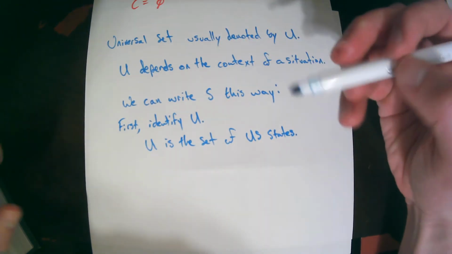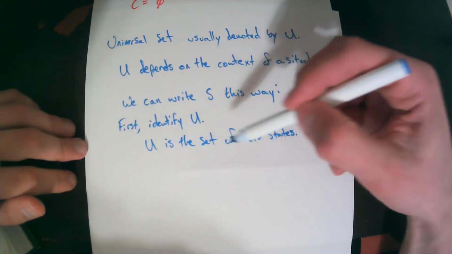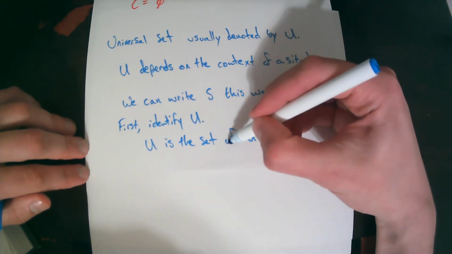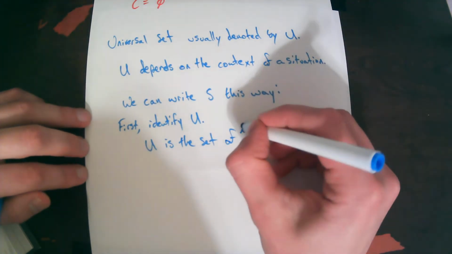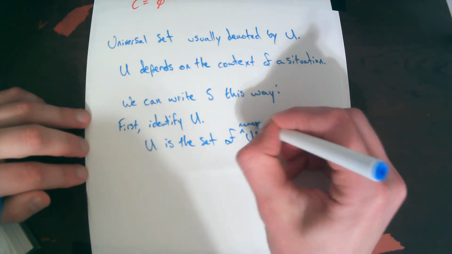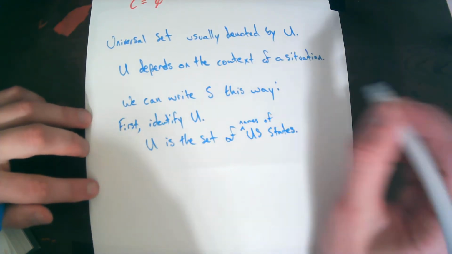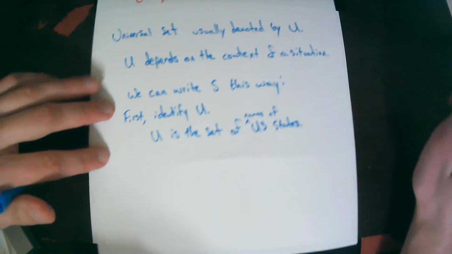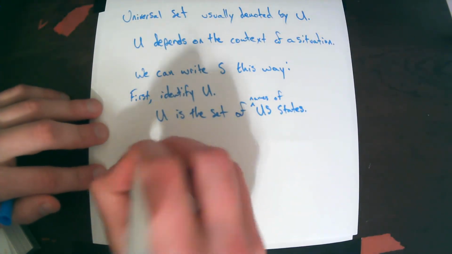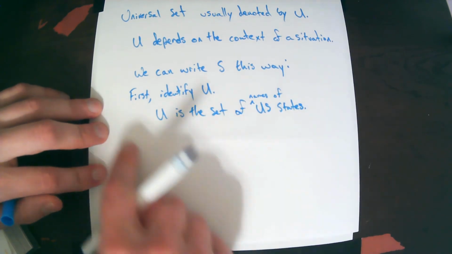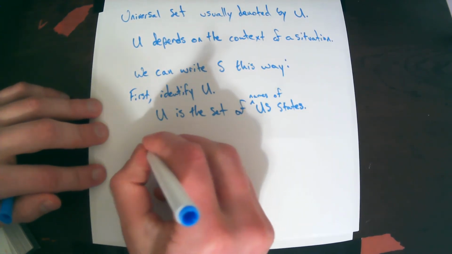I guess if I wanted to be super specific, I should say the set of names of U.S. states. Not the whole state. What else would it be, though, really, besides the names of the U.S. states? Then we can write, once you've identified U, once you've identified the context of the problem, you could say